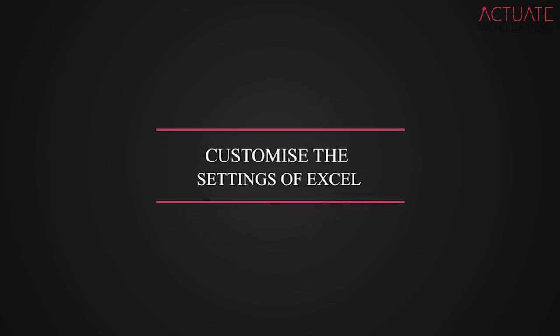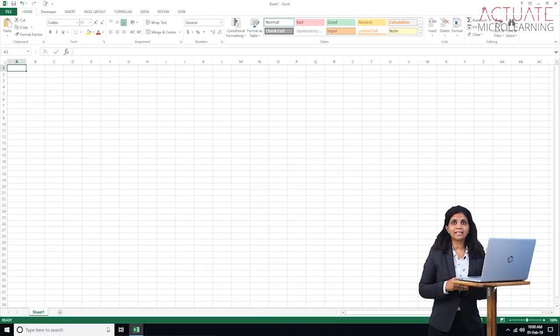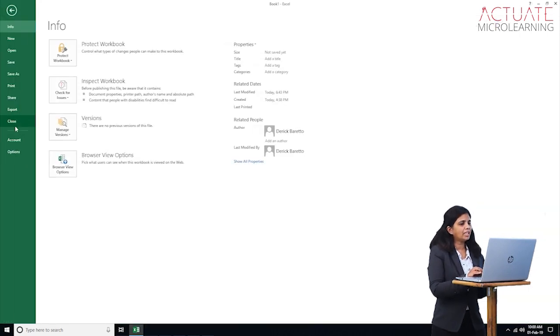Customize the settings of Excel. In Excel, the default settings can easily be customized to get a better Excel experience. To access the settings of Excel, go to File, then click on Options, which is the last choice in